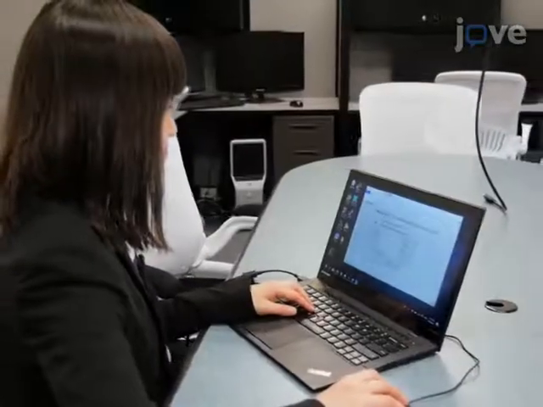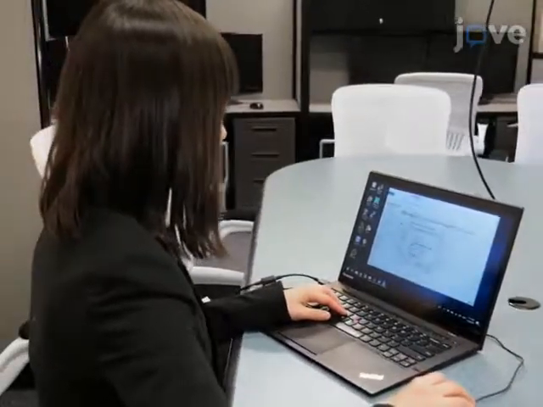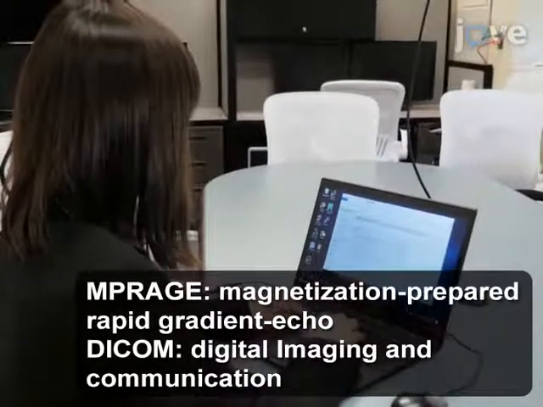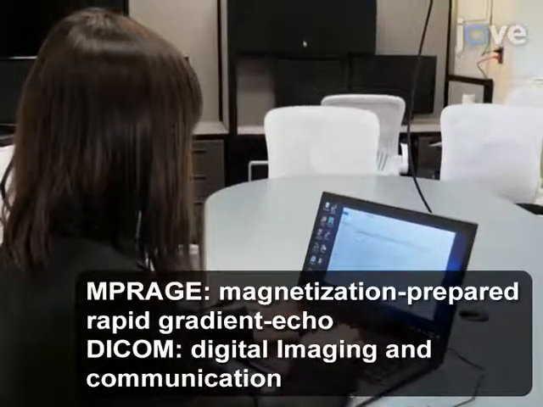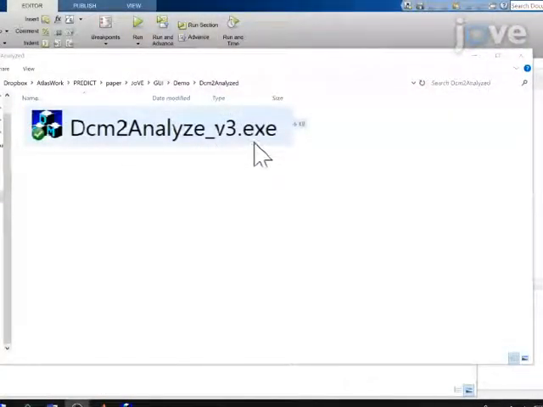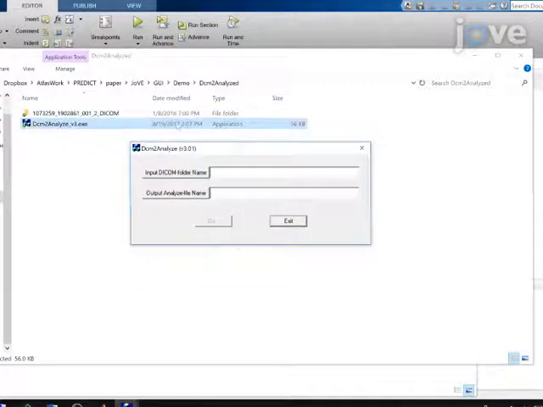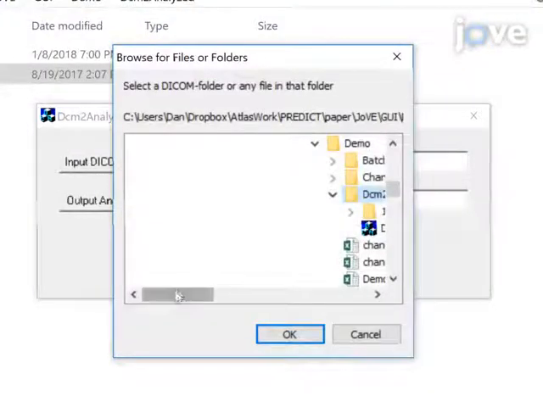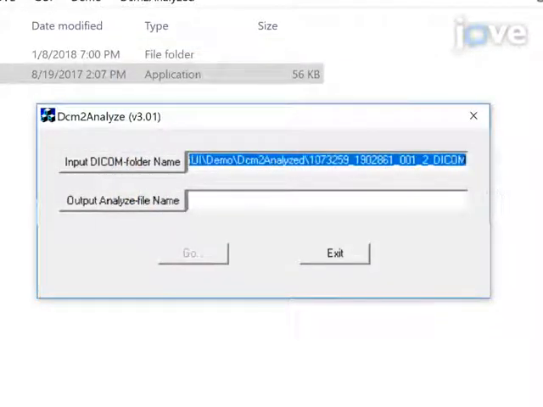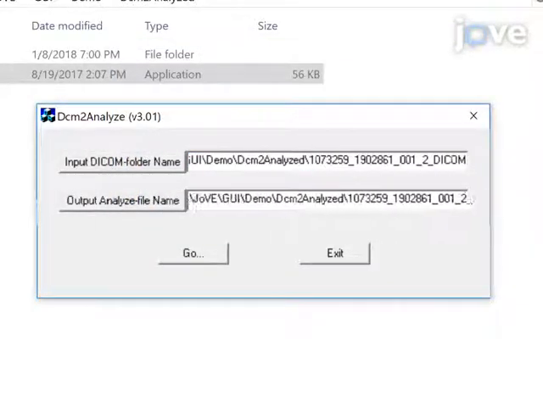To begin this procedure, convert three-dimensional T1-weighted images from vendor-specific DICOM format to analyze format. Double-click to open DCM2Analyze.exe. A pop-up window will open. Specify the input DICOM data directory path as input and the analyze image file path and name as output. Then